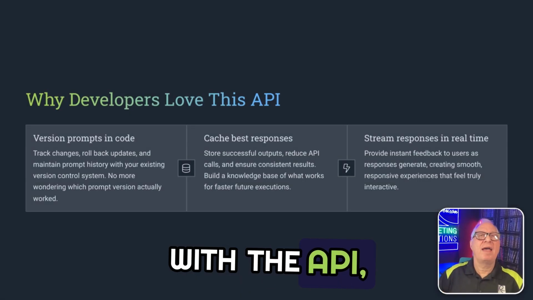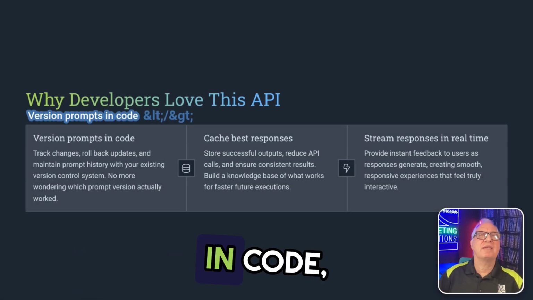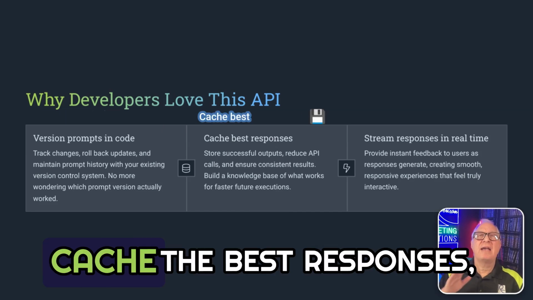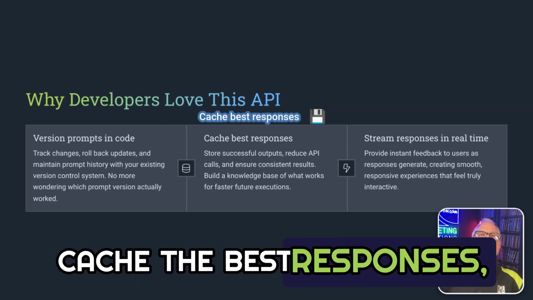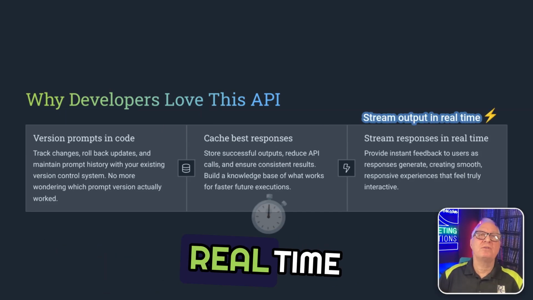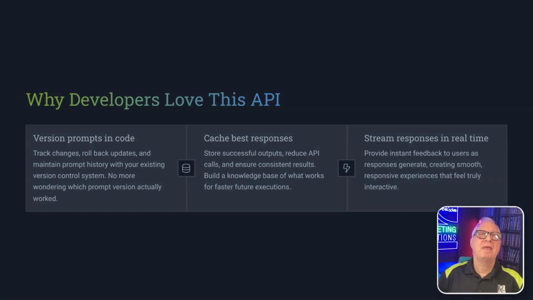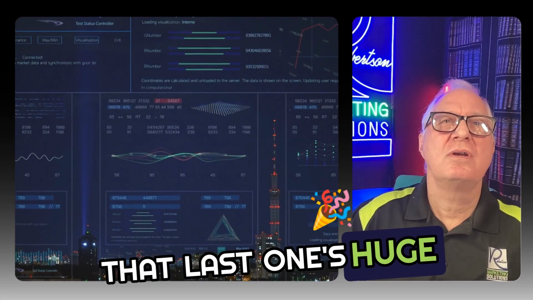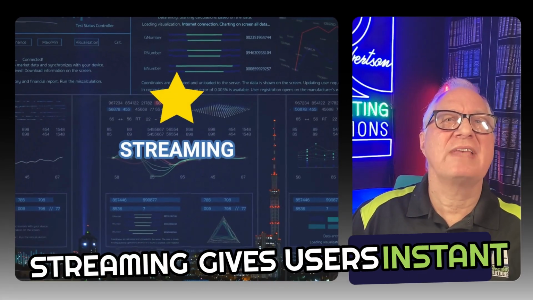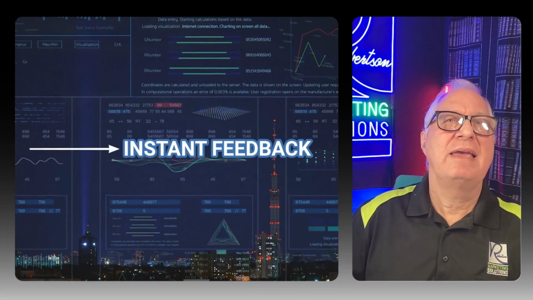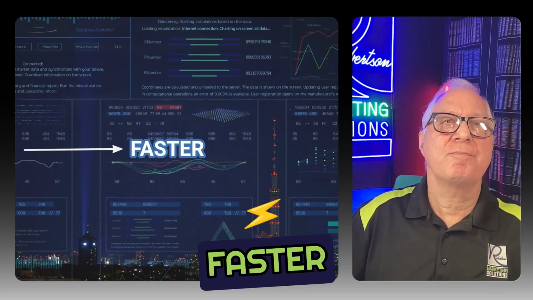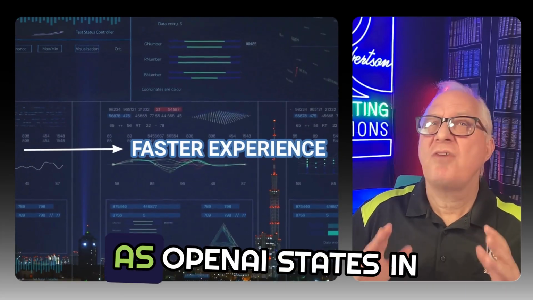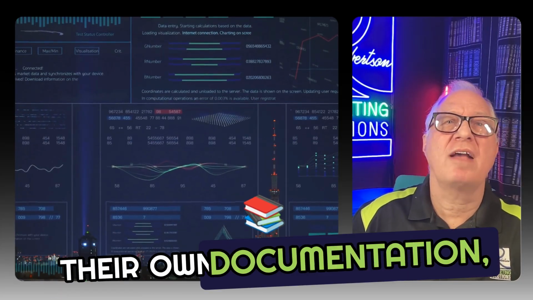With the API, I could version prompts in code, cache the best responses, and stream output in real time. That last one's huge. Streaming gives users instant feedback and makes everything feel faster. As OpenAI states in their own documentation,